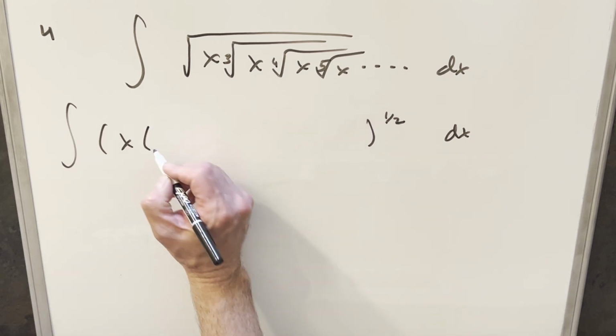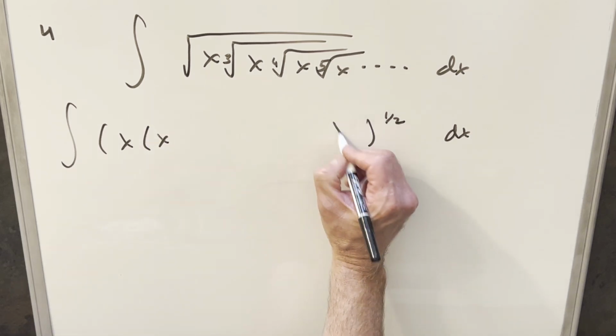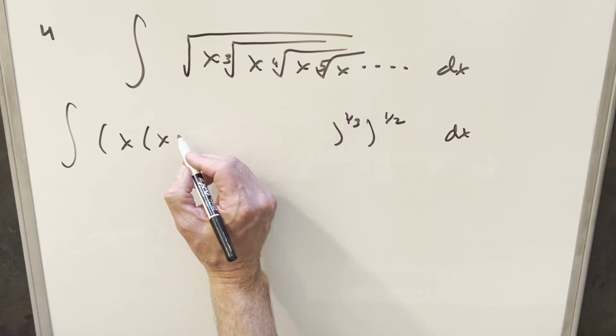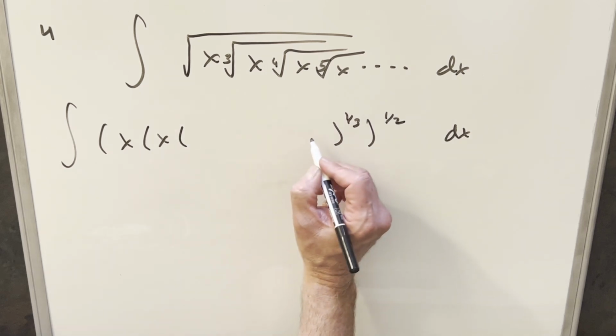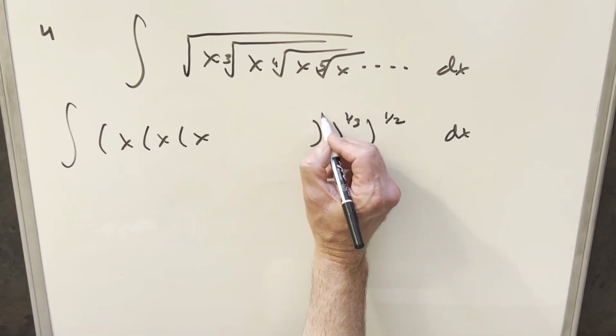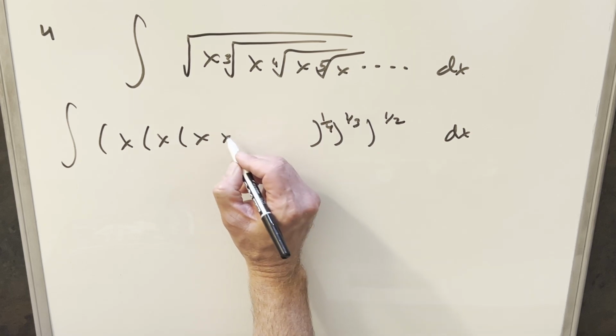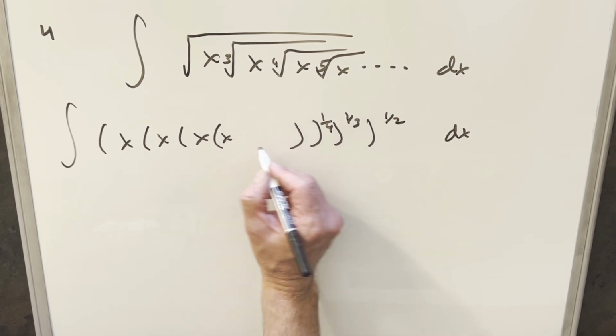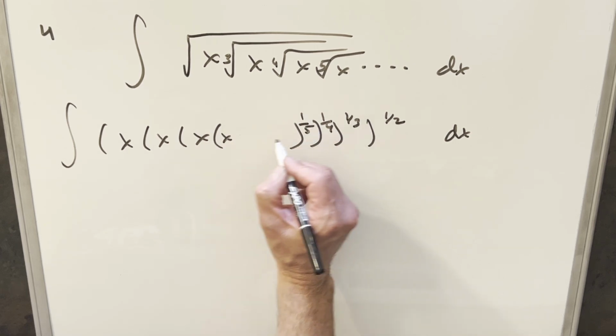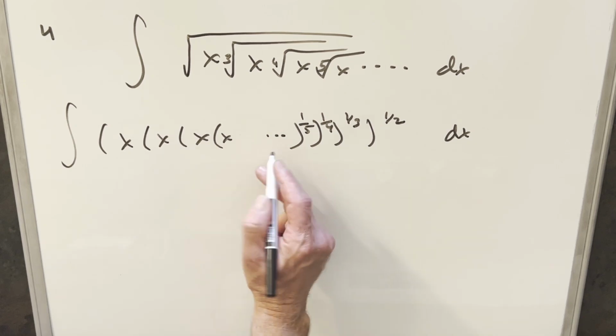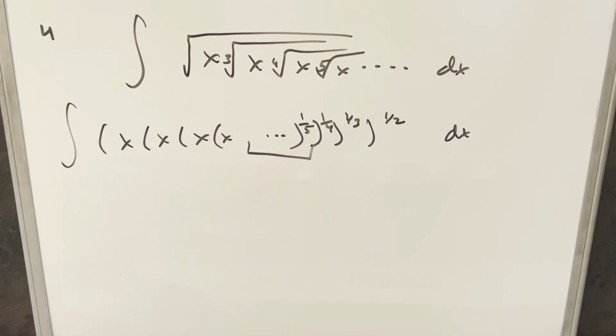And then within this, we'll have another one. This one's going to be to the 1/3 power. And then it's kind of confusing to look at. Then this one's going to be to the 1/4. And it's just going to be nested like this. It's kind of weird to think of it as being nested to infinity, but there's like an infinite number of